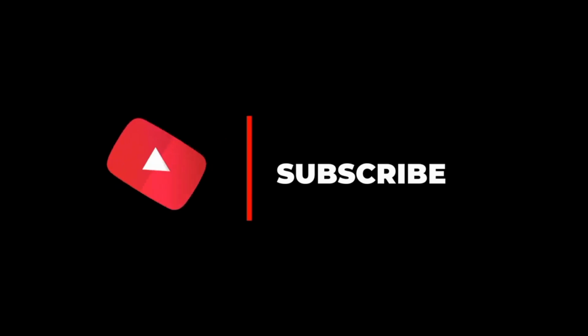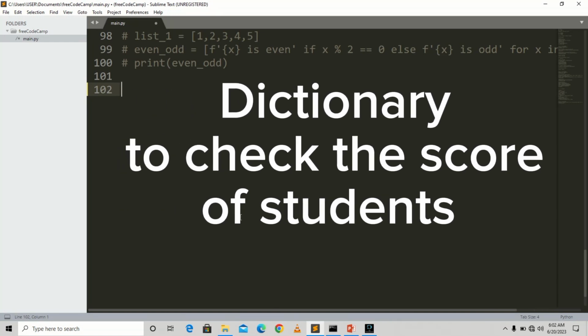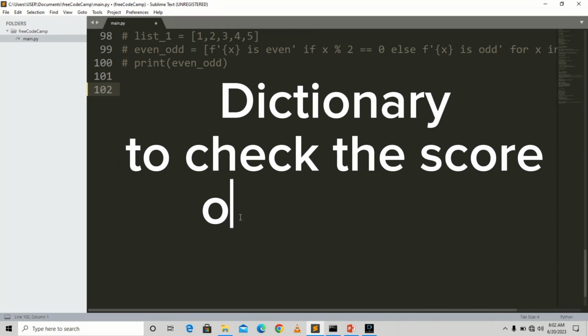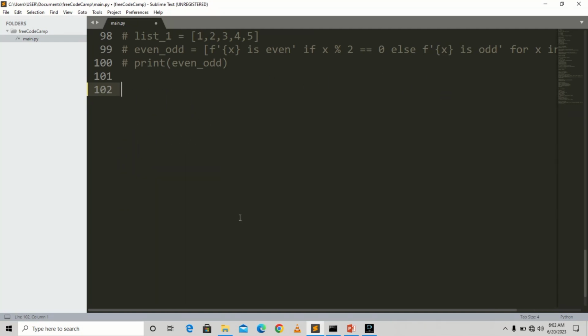This is part 3 of our Python tricks. So I'm just going to create a dictionary. I'm just going to call it dictionary. So let me take